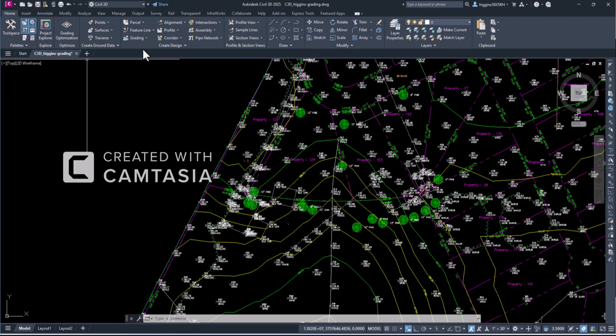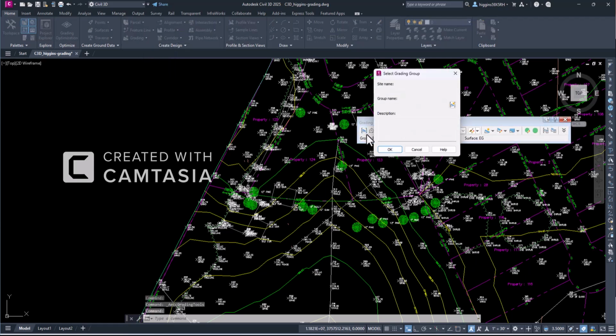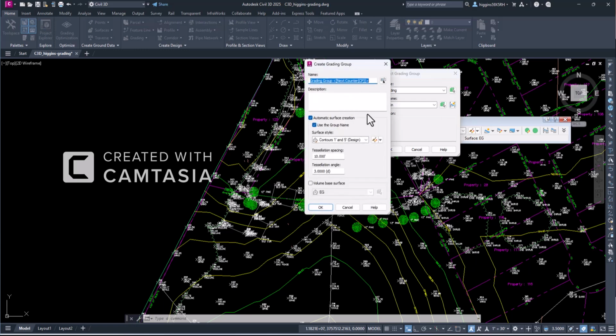So again, I'm going to choose the grading creation tool. I'm going to select the grading group. Definitely want the site. Now I'm going to create a new one because I had basin down below. So I'm going to click on here, create a new grading group, and I'm going to call this one lot